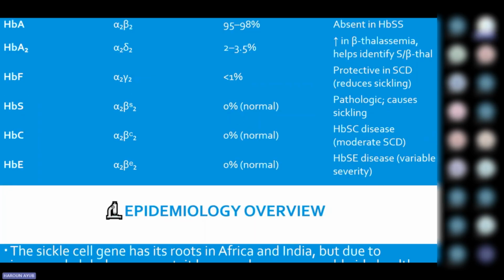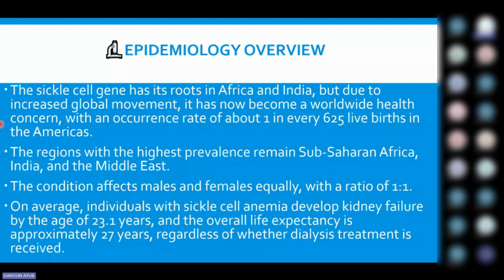So the epidemiology. The sickle cell gene has its roots in Africa and India, but due to increased global movement, it has now become a worldwide health concern, with occurrence of up to about 1 in every 625 live births in the Americas. Why it has been predominant in Africa and India is that in these two regions, being endemic